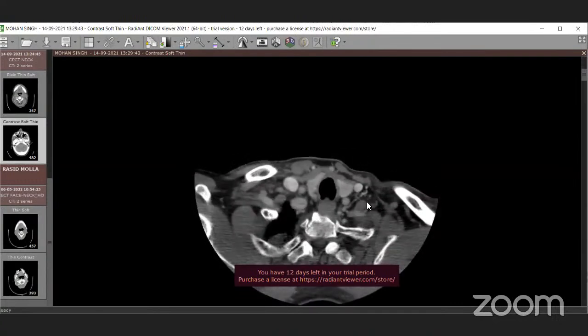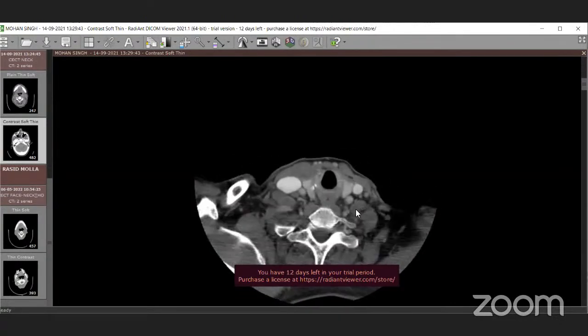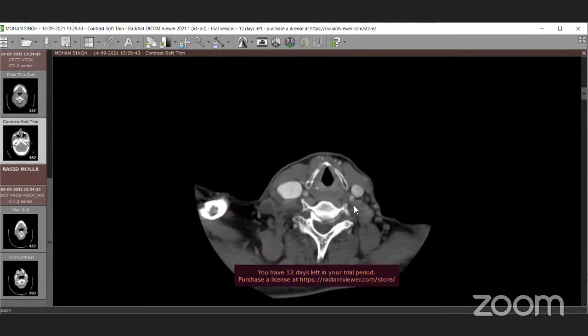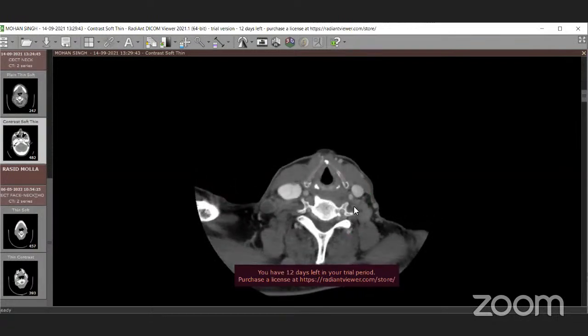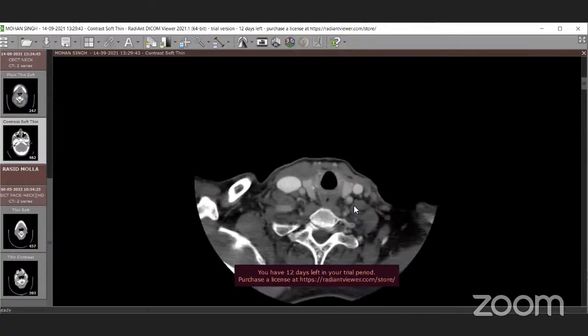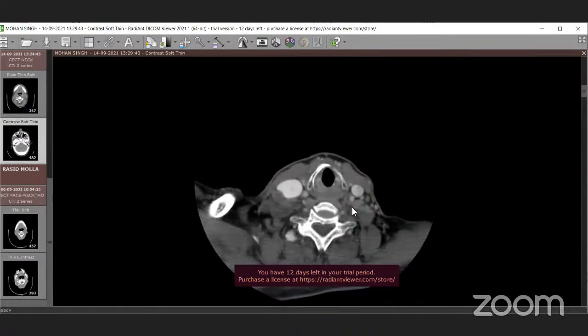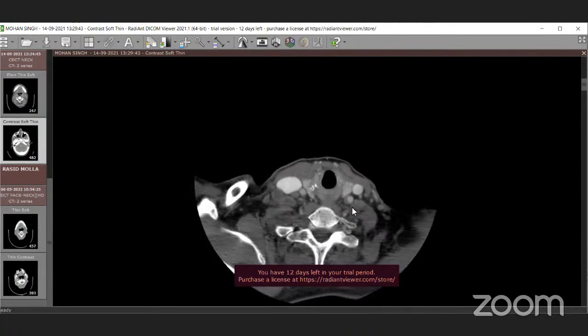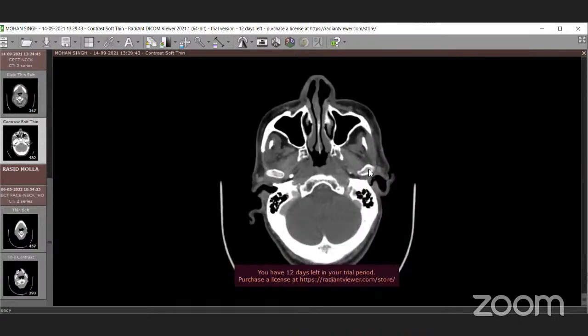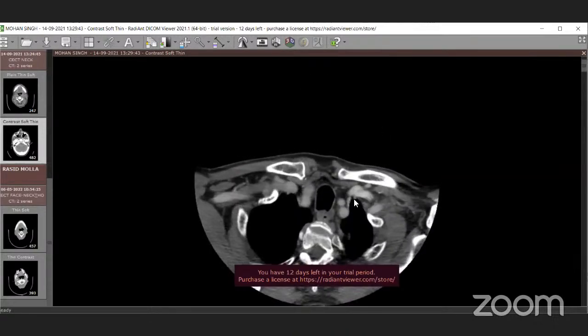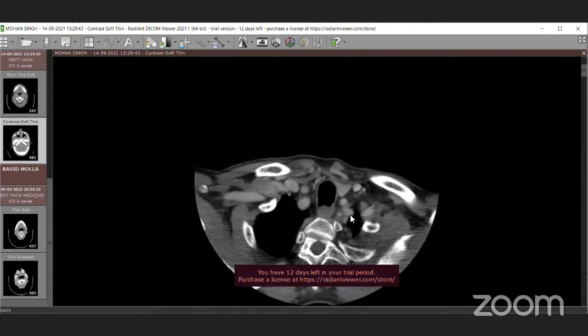Okay, and next, doctor, next question. We are moving to the level 4B lymph node. There are some vascular structures we want to know here. Please show us the brachiocephalic vein, the trunk on the right side, and the subclavian artery, on both sides, because there is some anatomical difference between left and right here.